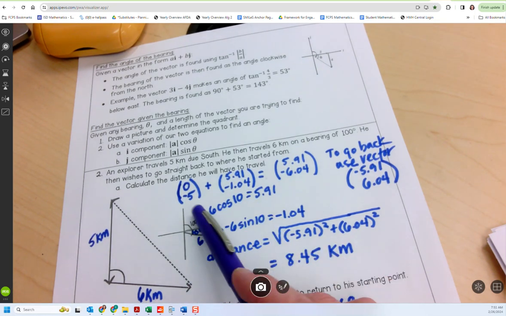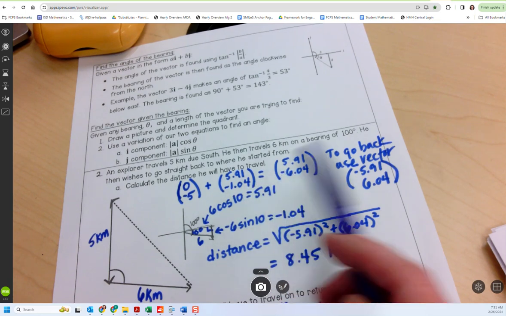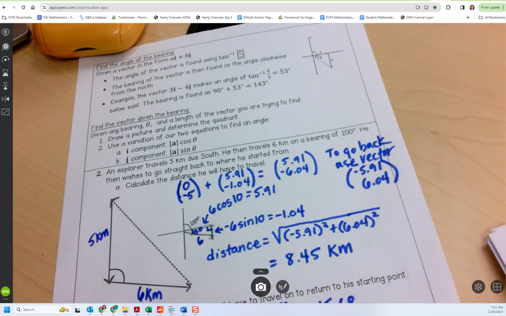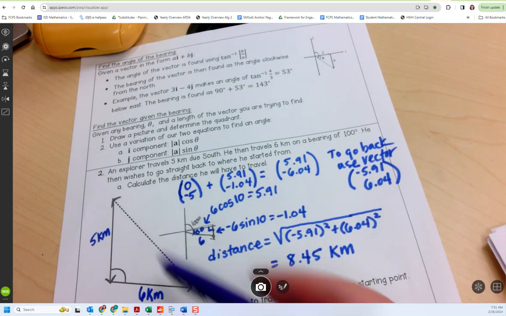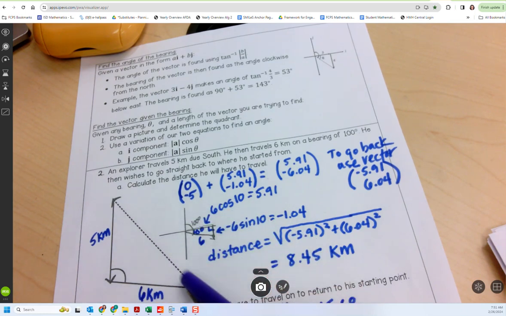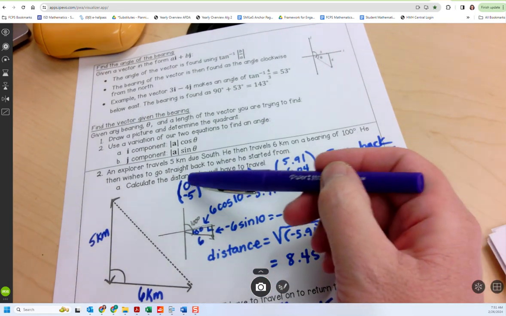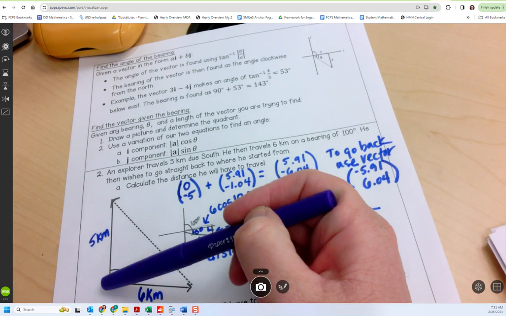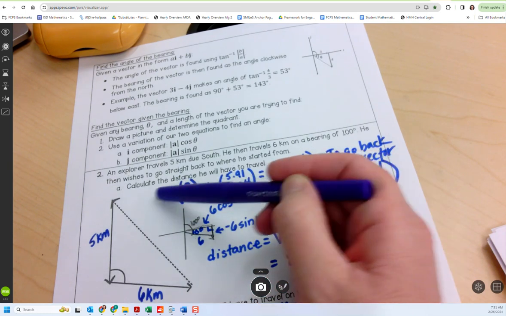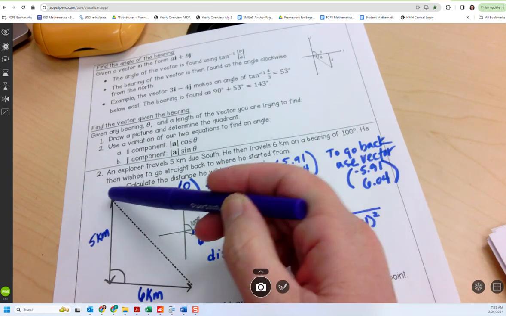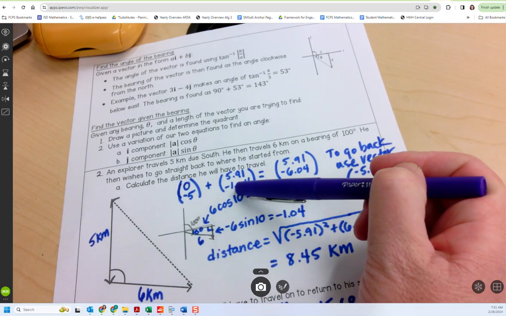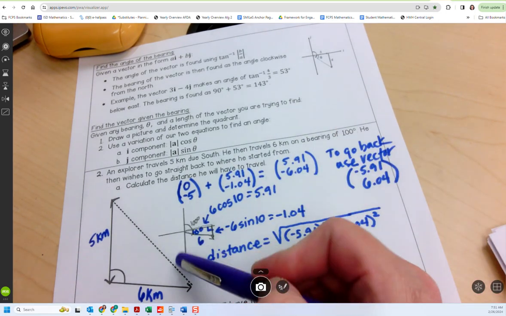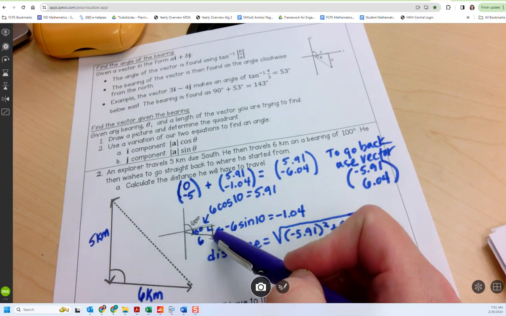So to calculate the distance he'd have to travel, an alternate way of doing this is to figure the vectors and add these two vectors together, because this one plus this one would equal this one. So the first vector is going straight south, and so that's 0 going left or right, and -5 in the y direction. And then the second vector you can find by just drawing the bearing of 100 degrees on the